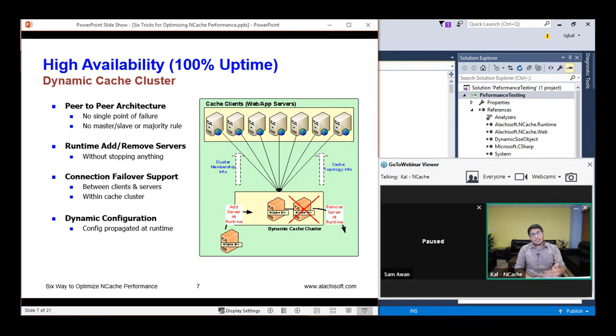All these configurational changes, servers being added or removed on the fly, or unforeseen scenarios, are propagated throughout the cluster. So all these configurations are dynamic. Any update within the cluster in terms of the configuration gets mapped onto all of the servers present within the cluster, and the clients automatically know about it as well.